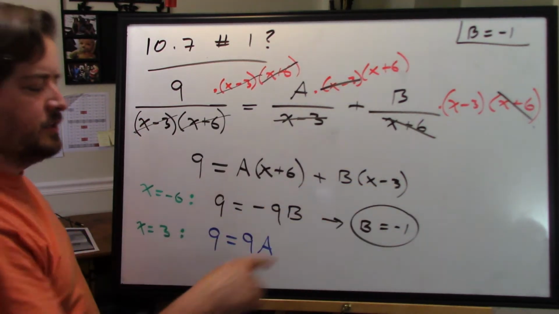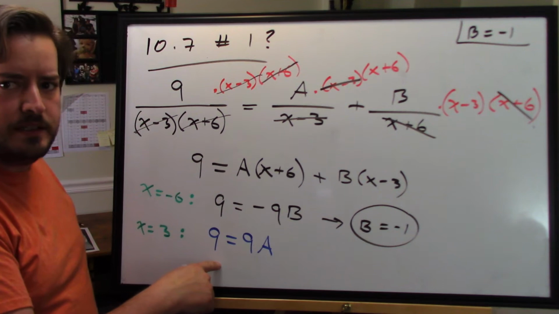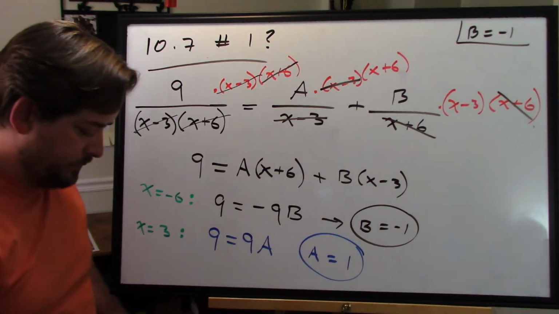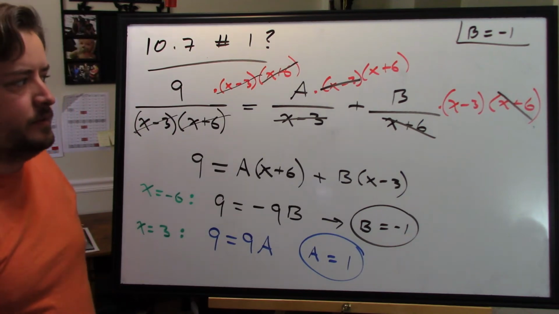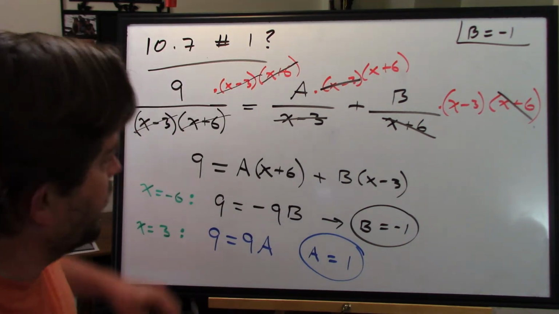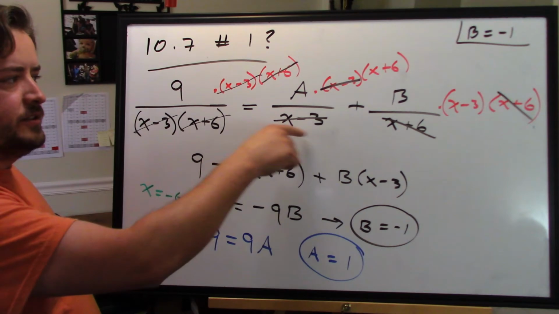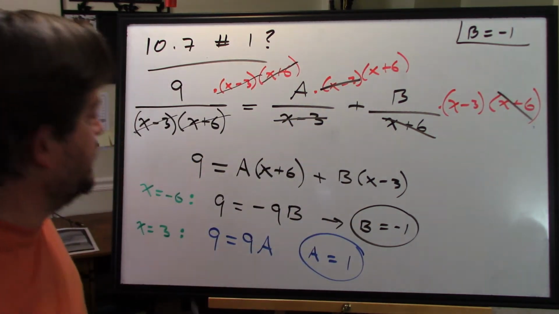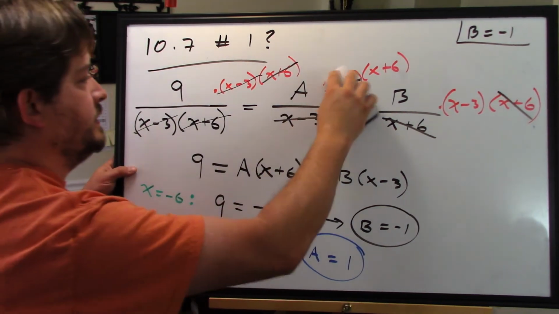But then this other guy is gone, so again, it's pretty quick and easy to see that a is 1. Okay. And I've solved it, right? In the end, I wanted it to look like this, a over x minus 3 plus b over x plus 6. I have a and I have b, so in the end, my final answer is